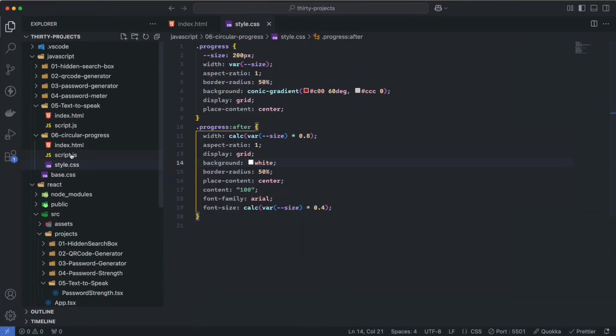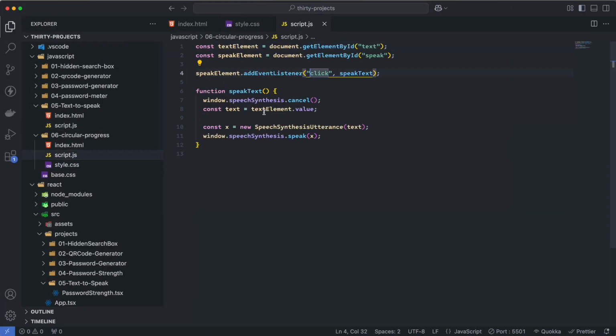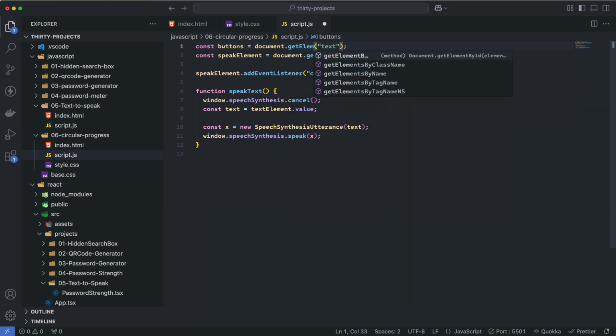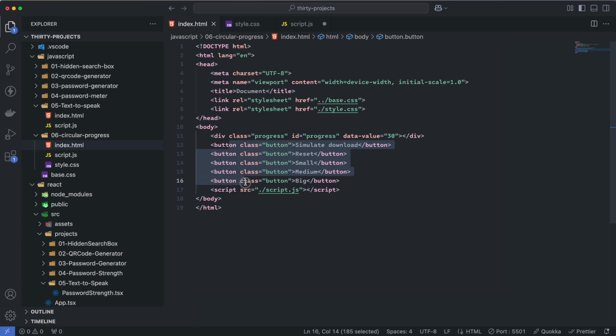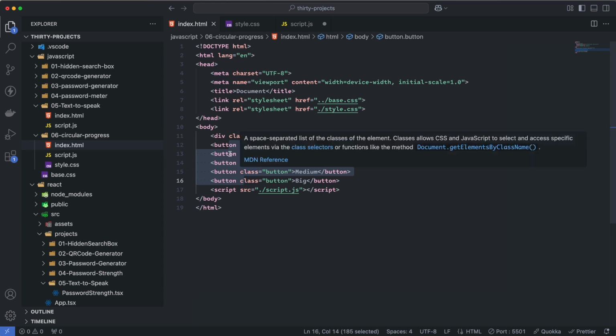Okay, the tricky part, the JavaScript part. So let's first grab the buttons. So I would say buttons: document dot, we can get all the elements by tag name, all that are button, and this will give us all these buttons, and then we can assign each of them